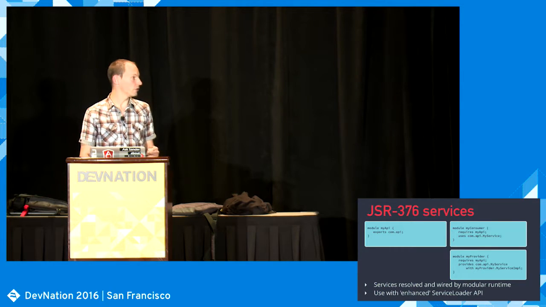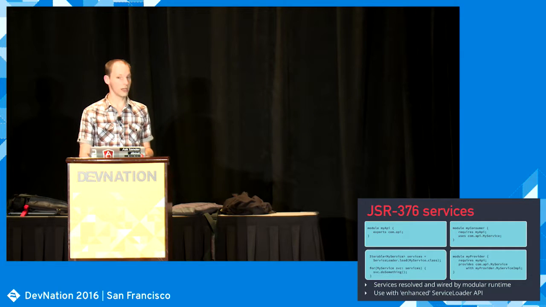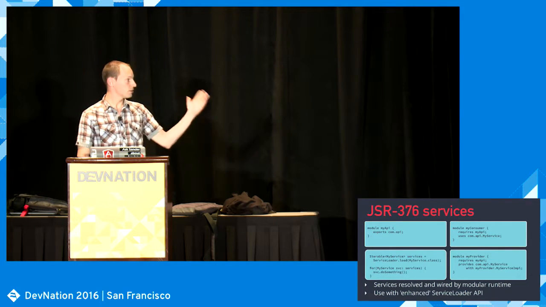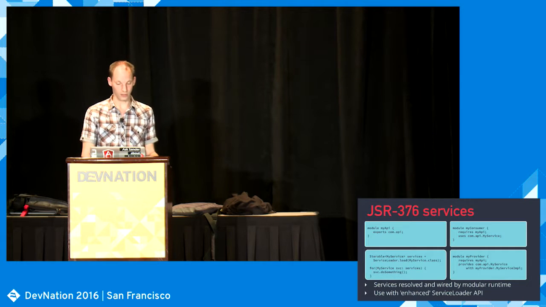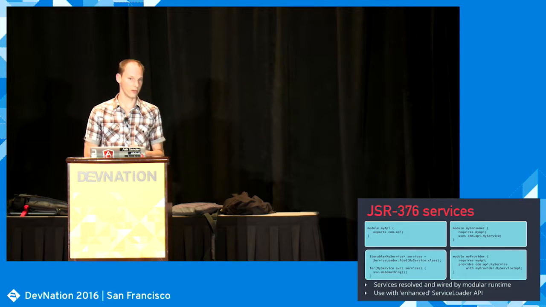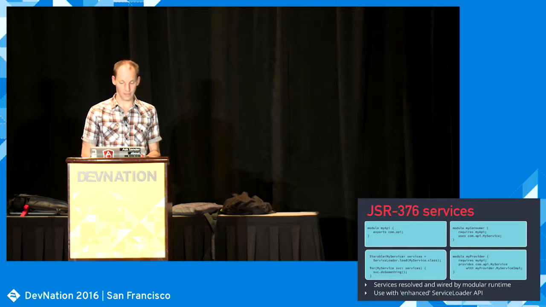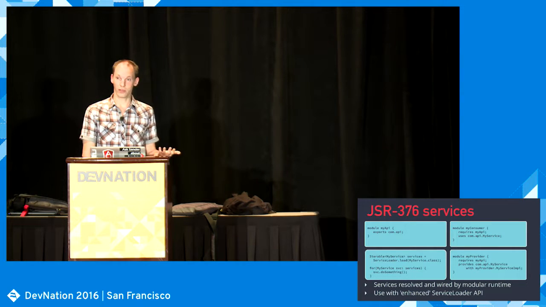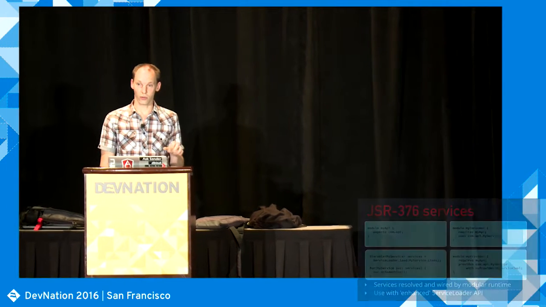And there you are going to use the so-called service loader API. And it's fairly simple. You say ServiceLoader.load, and you give the class of the interface, in this case myService.class, and you get back an iterable with any instances that have been registered as implementation by any provider modules. So this way, you get a loose coupling between the provider of an interface and the consumer of an interface. And while this pattern is fairly common in external frameworks, it's now also possible to express this in core Java.